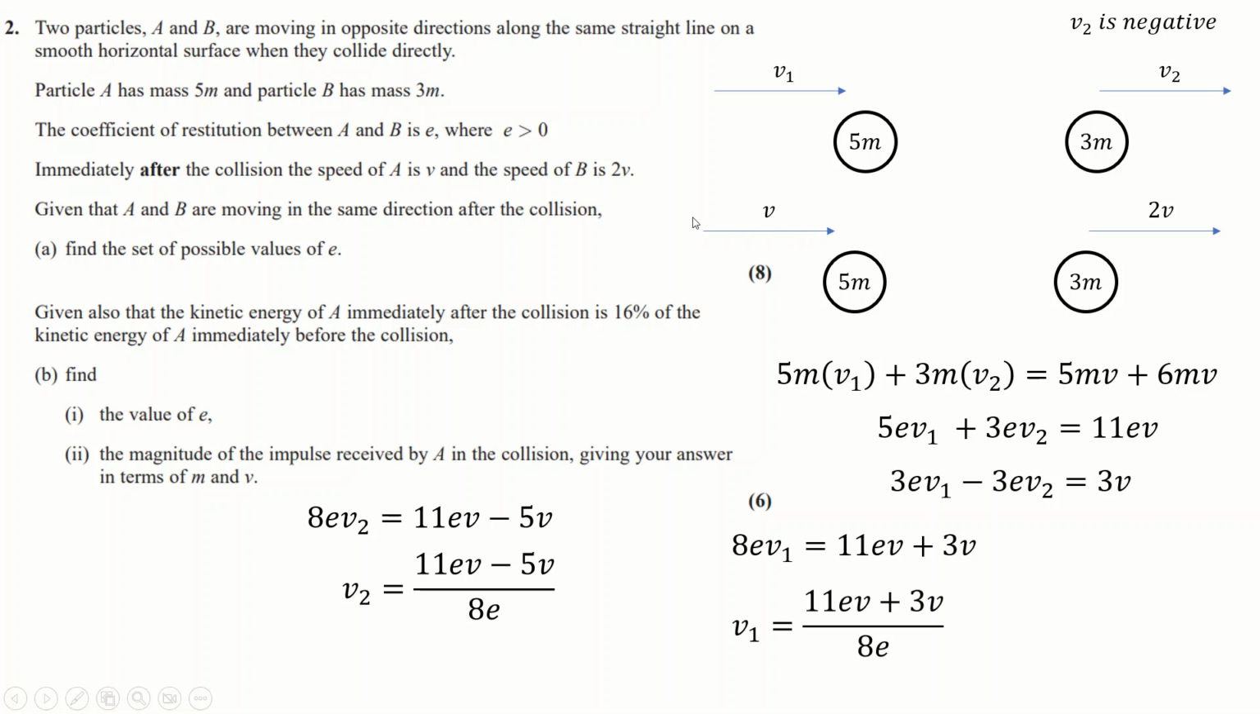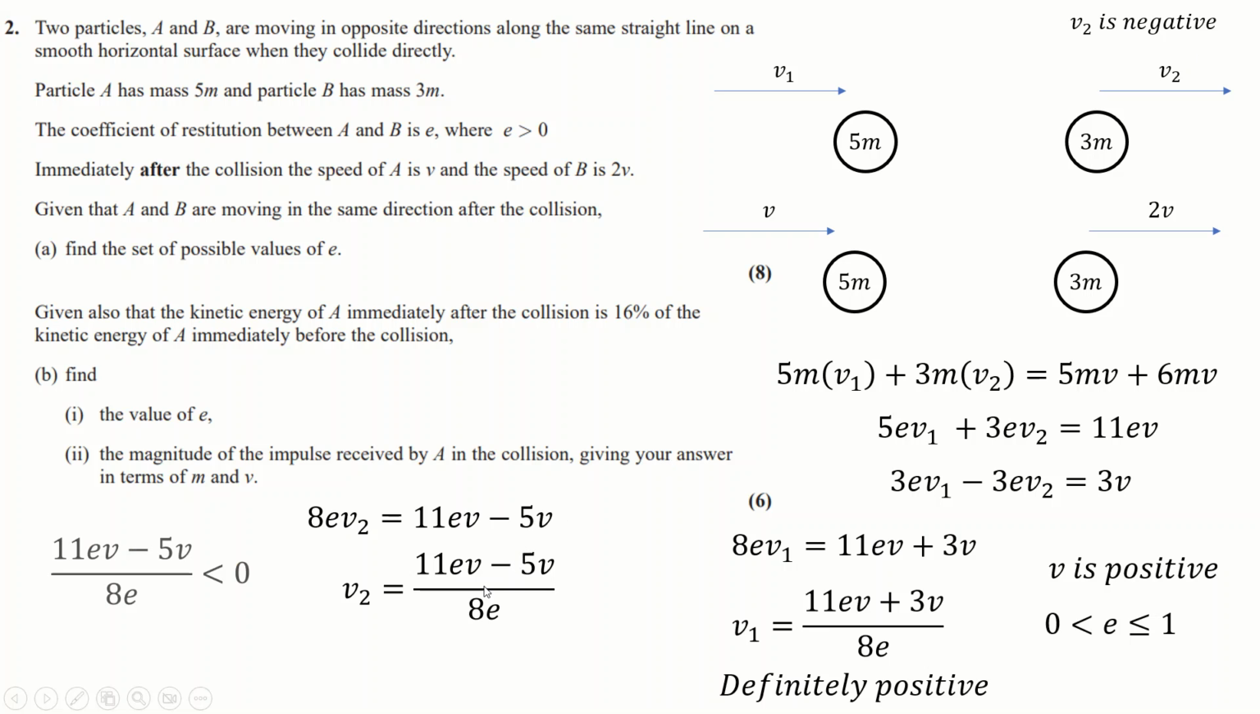Now v is positive in this direction, v2 we want to be negative. We know e is positive because e is trapped between 0 and 1, which means v1 is trivially definitely positive. So this one is definitely going in this direction because all these are positive, so that's fine. This one here we need to be negative, so we set this thing to be less than 0. Obviously the 80 doesn't matter, we just want that to be less than 0. Cancel out the v's because that's not 0, and we get e is less than 5/11ths, which means it's trapped